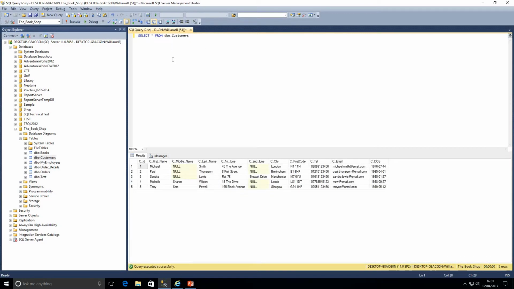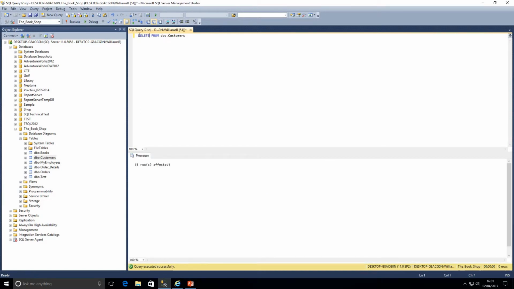So if we execute that, we can see we've only got 5 customers here. Now let's imagine I wanted to remove one of these customers, say customer ID 5. So I write my delete script and I've executed that without a where clause. As we can see we've got 5 rows. If I go back to the select now,